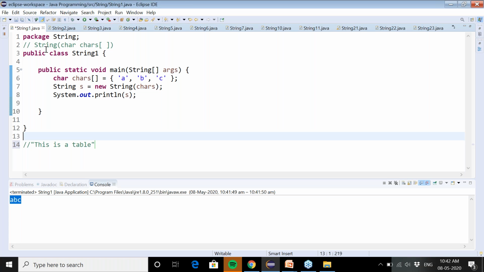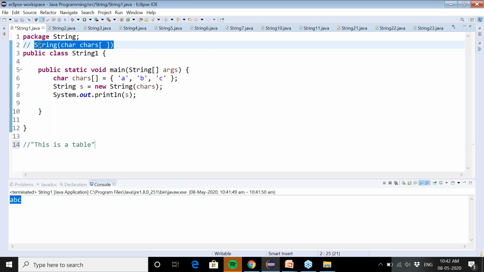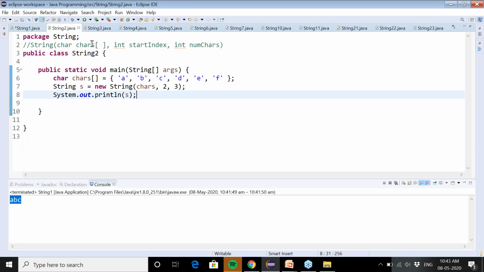This is the second program. So again, you will notice that in all the programs I'm using the package string because the reason is the same. I want to keep all those programs in one location. This is the second constructor that is supported by the string class.